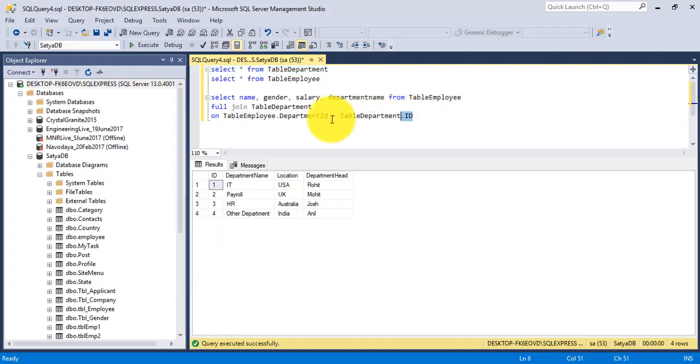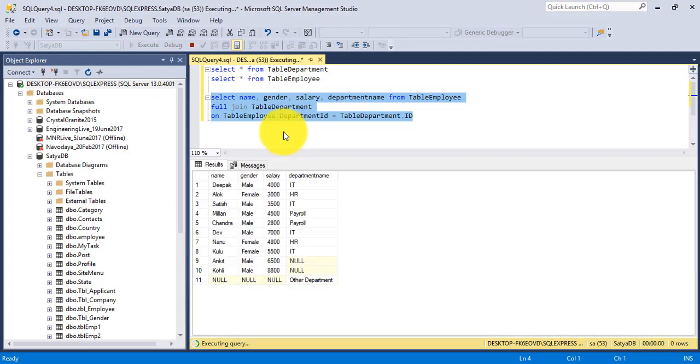So if you finally execute the query using full join, here we got all the records, that is matching and non-matching rows from both the left and right table. Okay, so in this way we can fetch all the rows from both the tables involved in the full join or full outer join. Now we have discussed the final and last point, that is executing cross